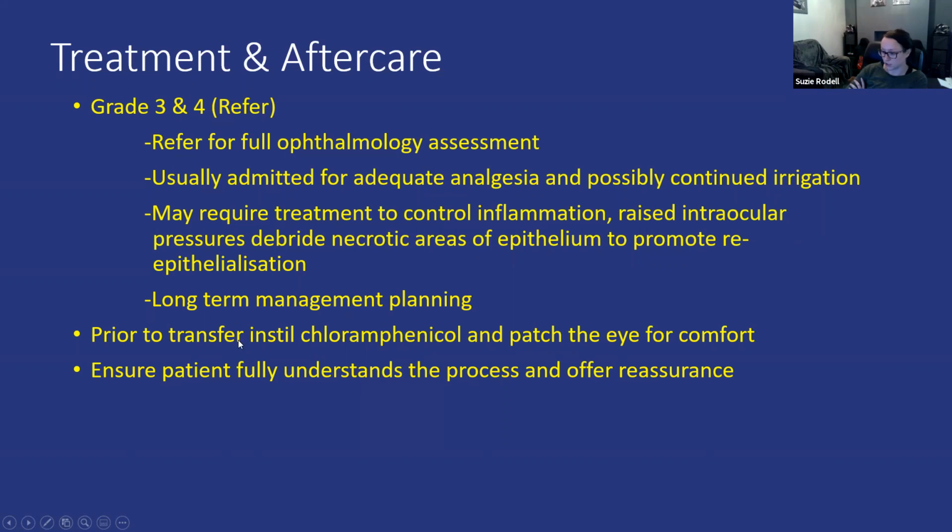Lastly, any patient that you're discharging, there's not an awful lot more information you can give them other than to ensure that they fully understand the process and offer them reassurance, you know, the importance of following up with ICAJ so that they don't skip their appointment. If they're worried about their sight and losing any vision, just try and communicate everything to them and reassure them. I think that's about it, other than discharge advice, really. Do not ever give tetracaine on discharge. So